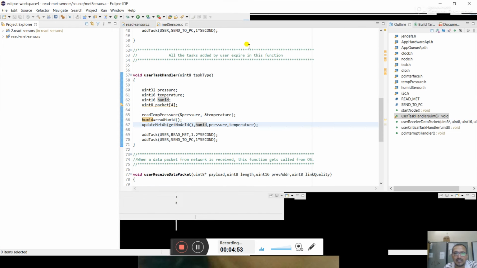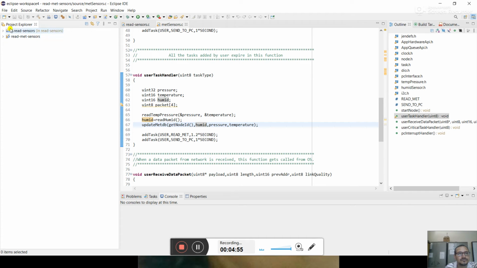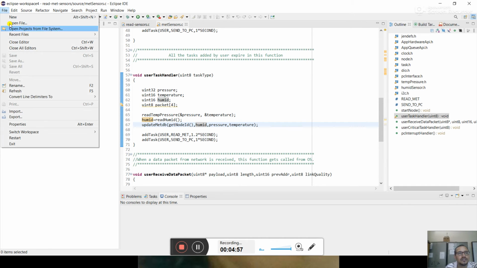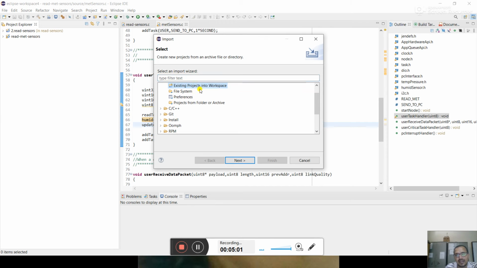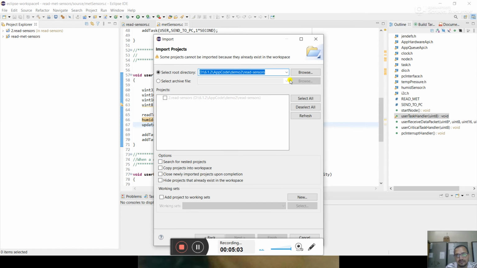This is the Eclipse workspace. Here I need to import the existing file, next.